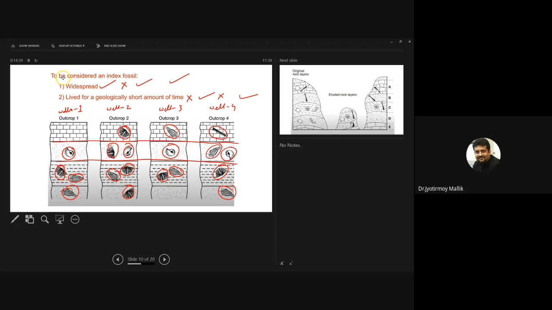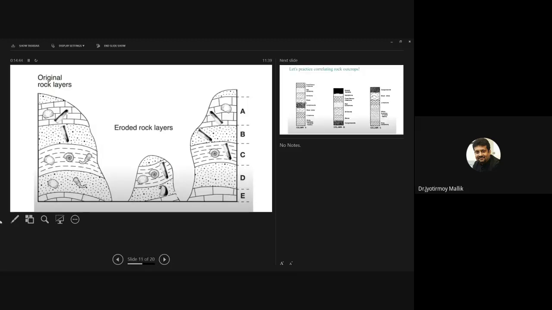Okay. I hope the example was clear for you. Now let's try to see this particular example. If you do this exercise, you will find out this particular organism actually matches the criteria of being widespread and also living for a shorter period of time. So based on that, I perhaps would be able to correlate